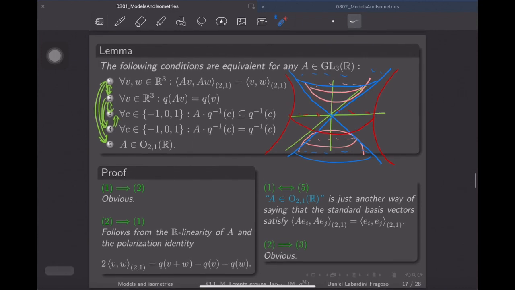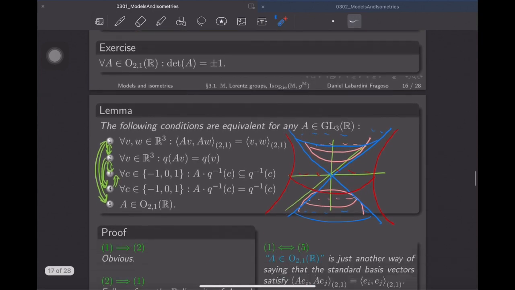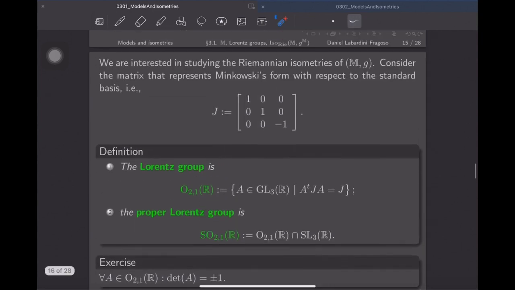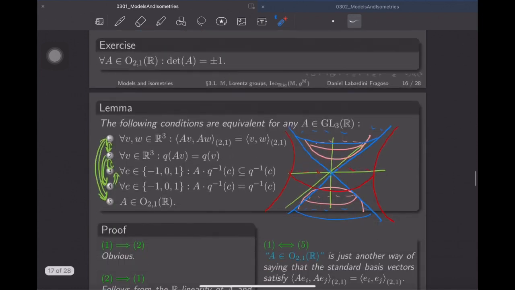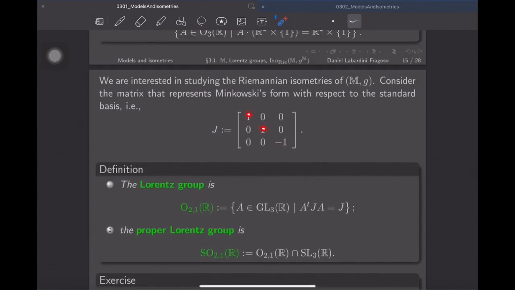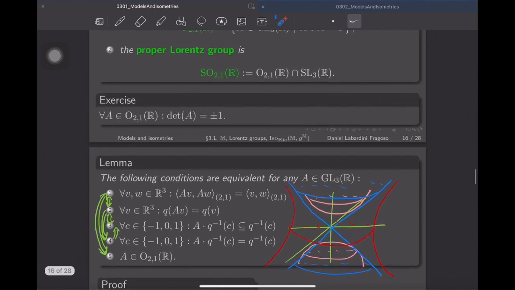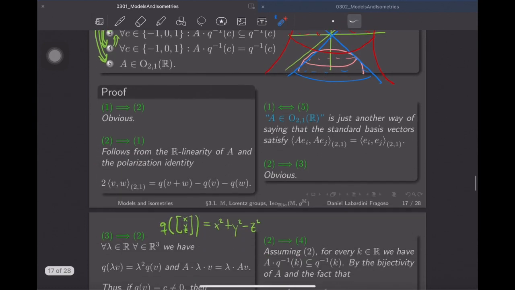Then a characterization that relates preserving Minkowski's form for arbitrary pairs of vectors with simply preserving this matrix, 1, 1, minus 1, and preserving some of the most important level sets of the quadratic form associated to Minkowski's form,